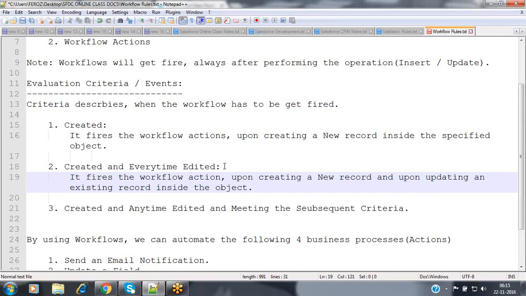Suppose, for example, I have opened a new bank account. Today I have submitted all the documents to open a new account, so my account has been activated. As soon as your account has been activated, immediately you will receive a notification that your account has been activated. Now you can start using this account to perform transactions. Not only at the time of creating my details inside the ICICI Bank database, I will automatically receive some notification. Once my account is active, I want to start utilizing it to perform some transactions.